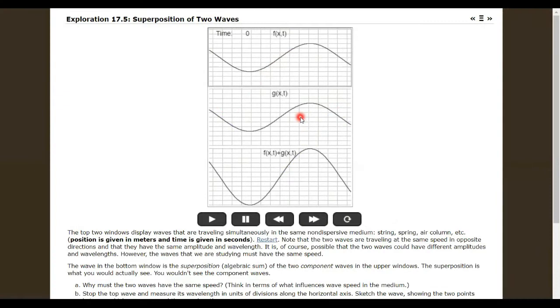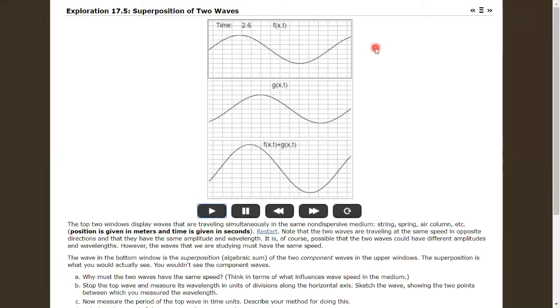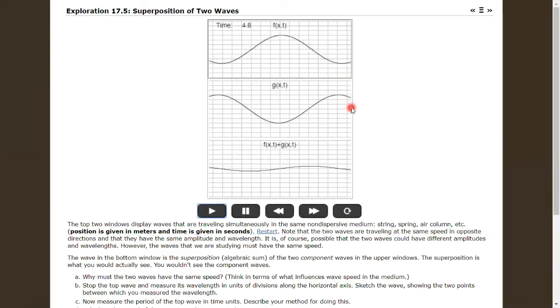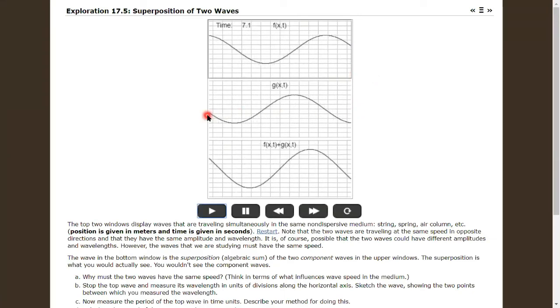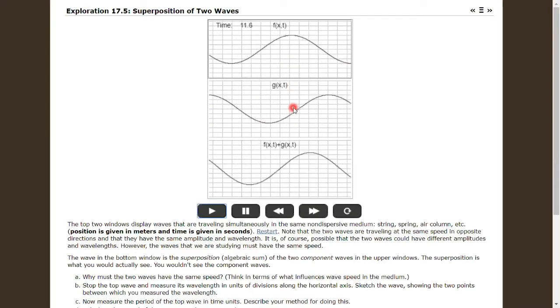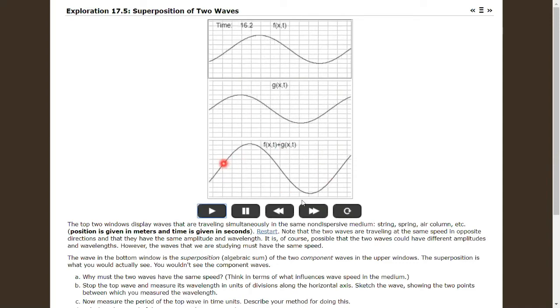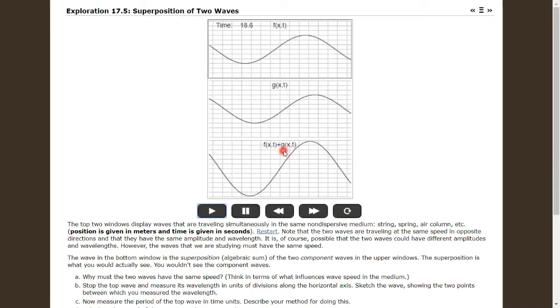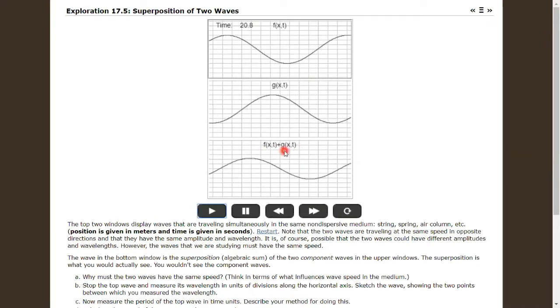In order to understand the formation of a stationary wave more clearly, we are going to see this animation here. The top wave is your first wave which is traveling towards right direction. Then below that, the second wave which is traveling towards the left direction. And when these top two waves superimpose with each other, we will get the stationary wave, and that is the last third wave. f(x,t) plus g(x,t) is your third wave, that is your stationary wave.